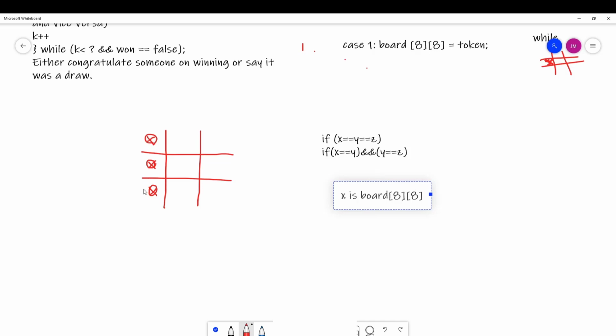but you don't have to do it twice, once for the X's and once for the O's. You just need to know if this character is the same as this character and this character is the same as this character. And then you do it this column, row, row, row, and then the diagonals. So